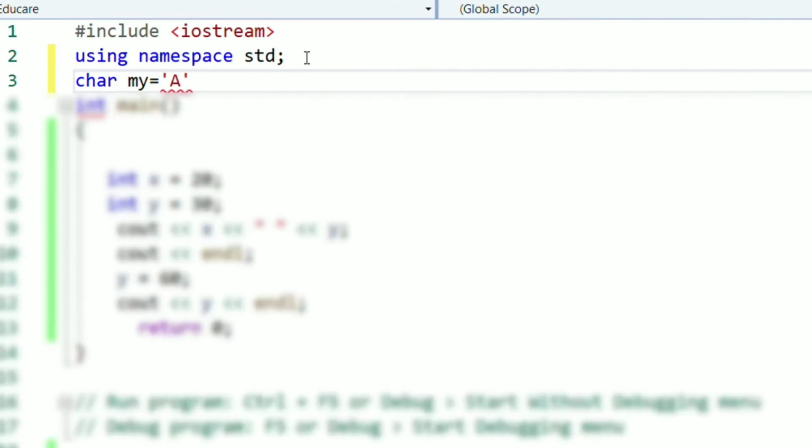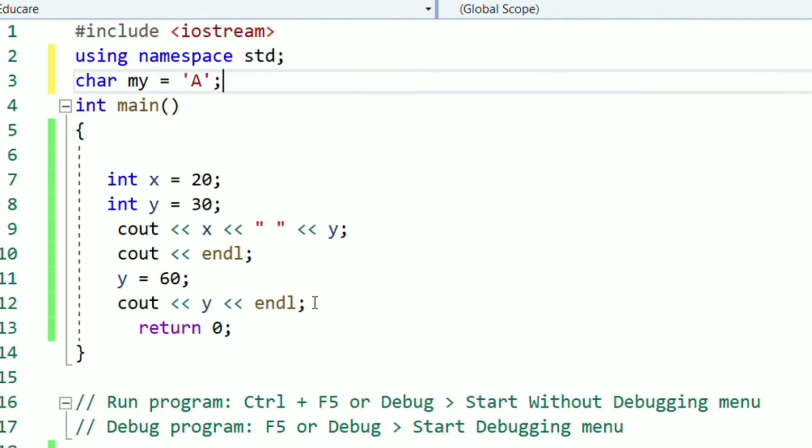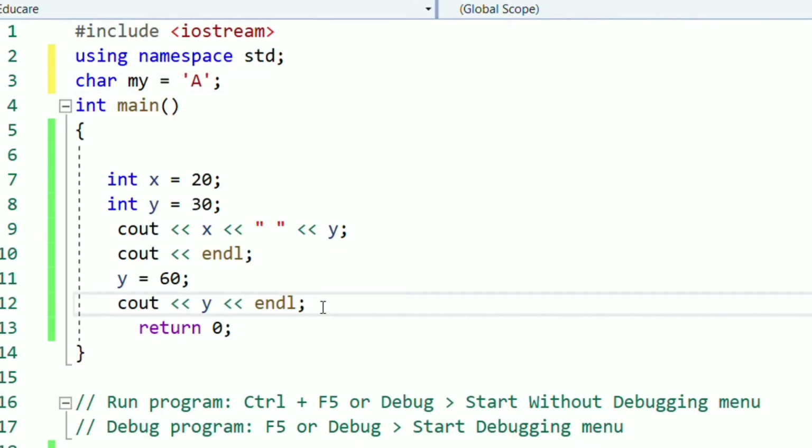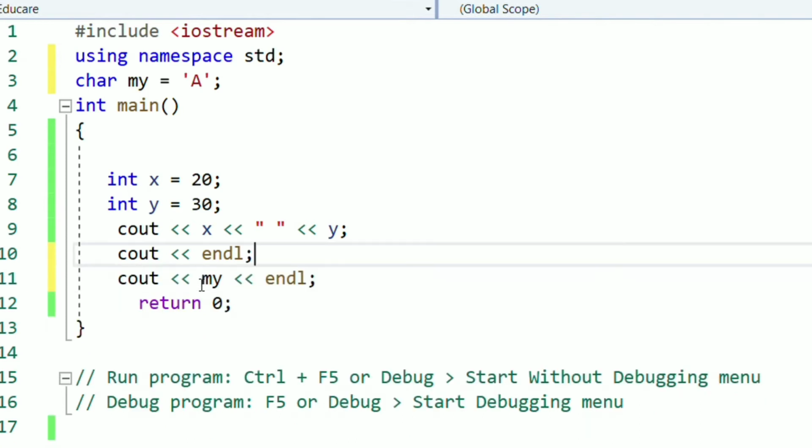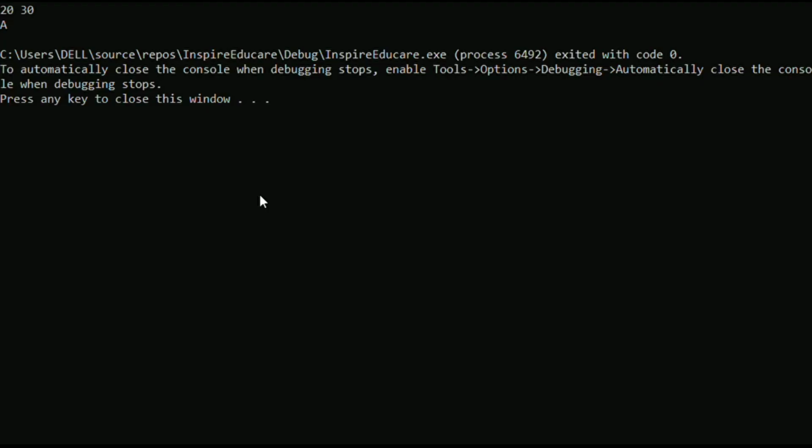Now you can see I am declaring a variable my of character type and I have stored the value a into that. I have declared this variable above the main section, and that section is known as the global declaration section. We call it global because it has a global scope. It means मैं अपने पूरे प्रोग्राम में उस वेरिएबल को कहीं पर भी एक्सेस कर सकती हूँ. In our example, मैंने my वेरिएबल को int main फंक्शन के अंदर एक्सेस किया and when I run this program, I have got the desired output.